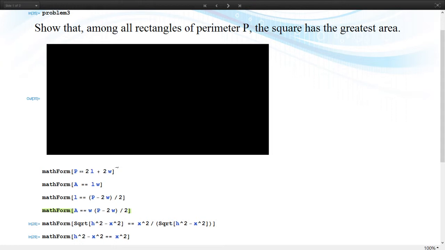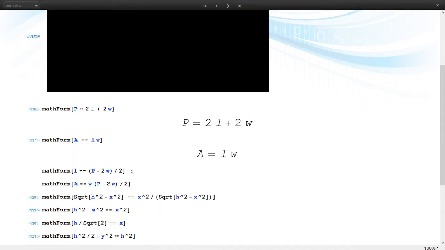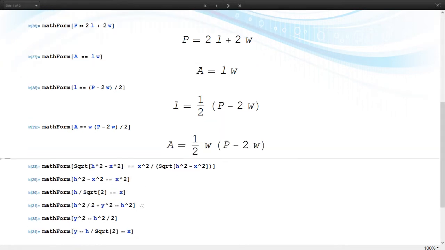We'll execute this code. Okay, so now we have area as a function of w,